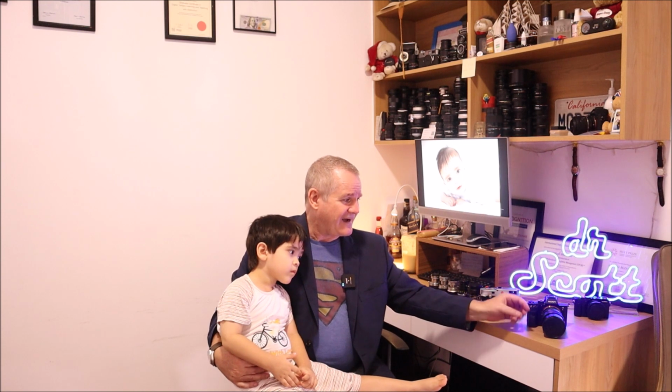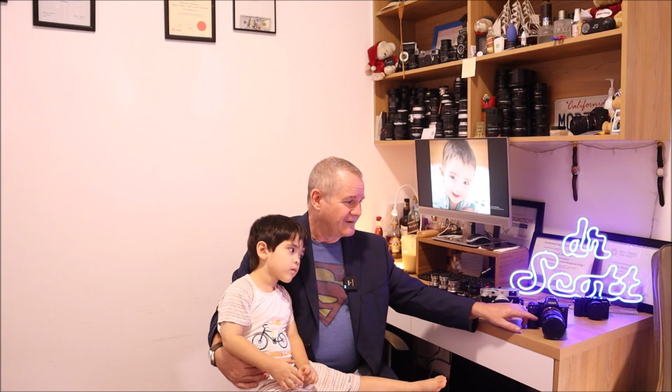well, this is an 85, but I mean, the size of this Contax 85mm 1.4. Anyway, that's one of the benefits of the Summicron. So anyway, whether you like it or love it or hate it,